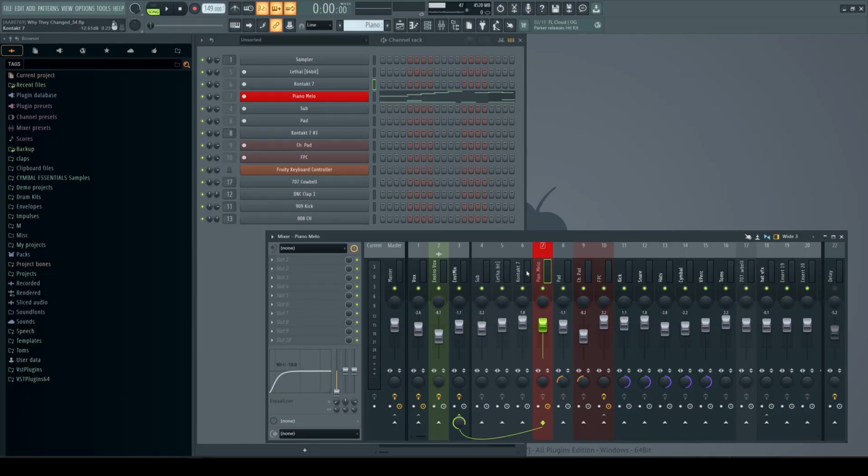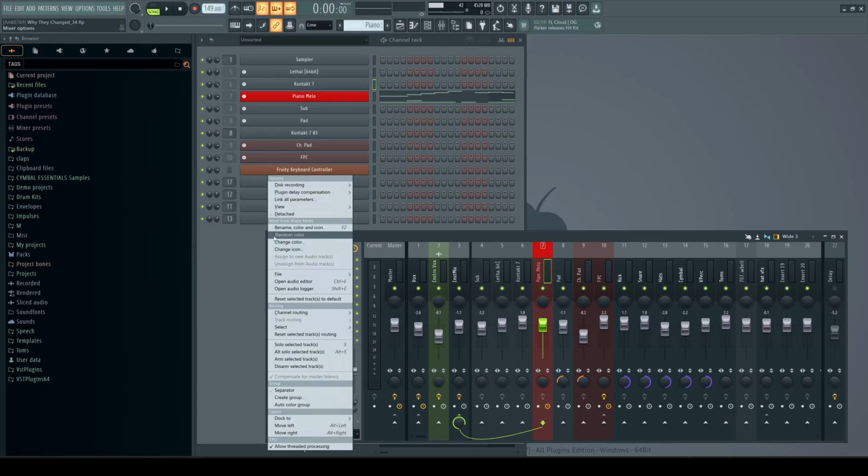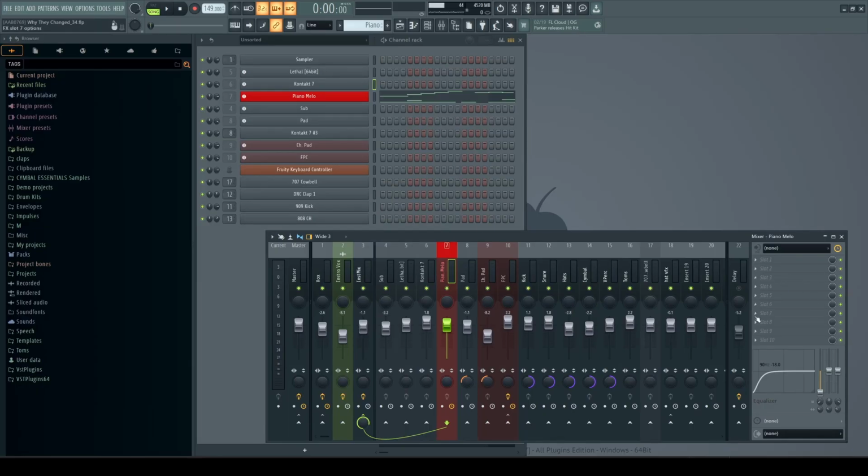Additionally, when you have a mixer channel activated, you have an area over here. Now on mine, it's on the left side. For yours, and I'm just going to set it real quickly, it could be on the right side. But it pertains to the active channel. And this is called the track inspector, and in the track inspector you have 10 slots for effects. You have a 3-channel